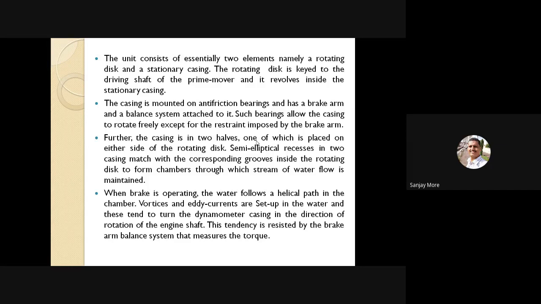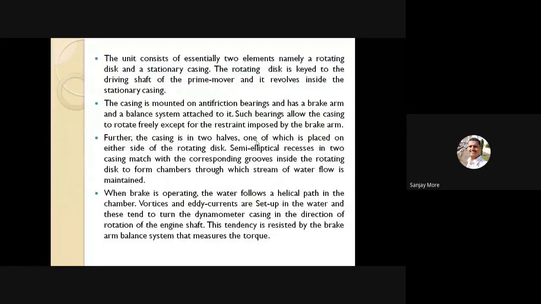Meaning vortices and eddy currents with the help of water turn the dynamometer casing with the help of rotation of the engine shaft. And when you apply the braking system to balance this rotation, you have to measure how much torque is created. Okay,